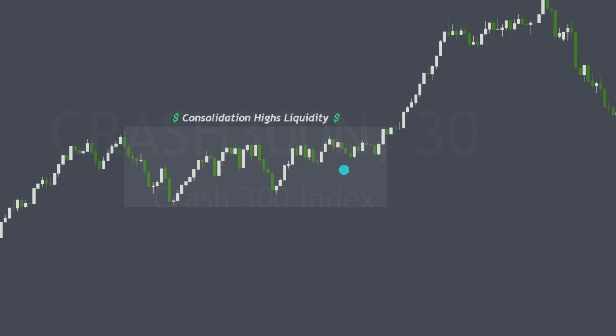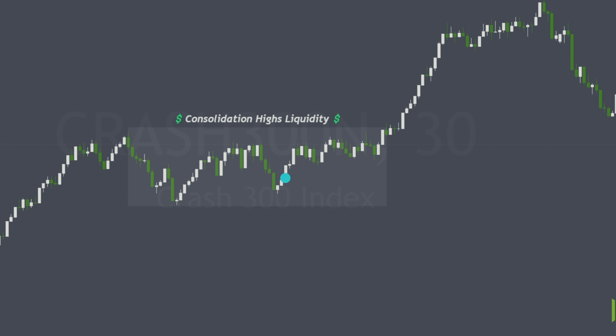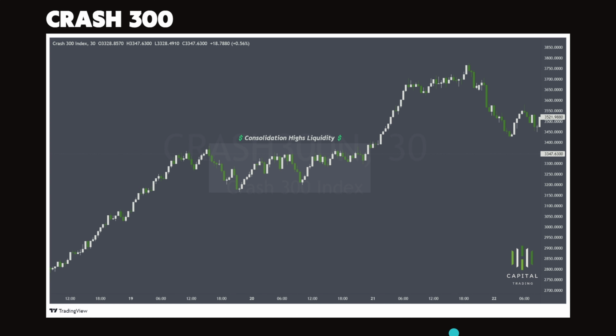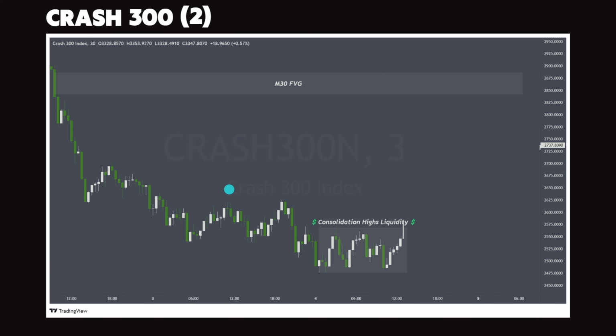So that's exactly what happened here. We had price consolidating for some time and then pushing to the upside by breaking these consolidation highs. So that's how price tends to run over liquidity over consolidation. Second example,